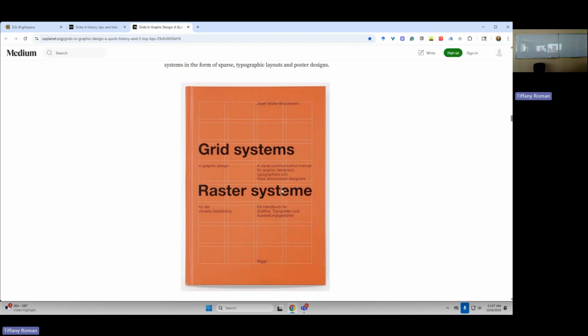It's one of the foundational books about grid systems. It's revolutionary. You can still find it. You can. I think if you look in the,